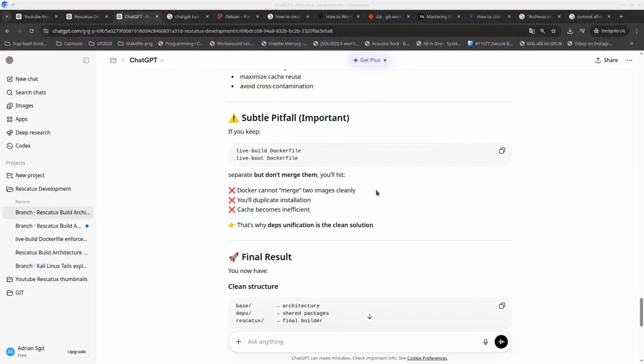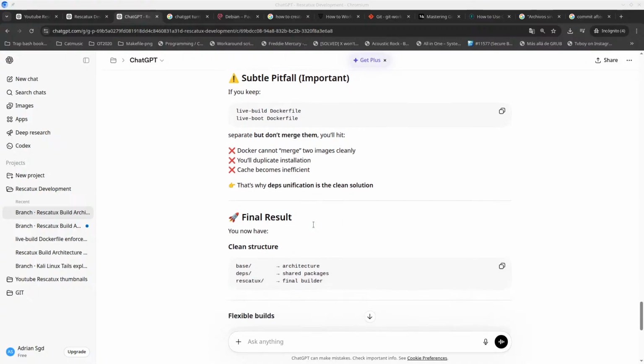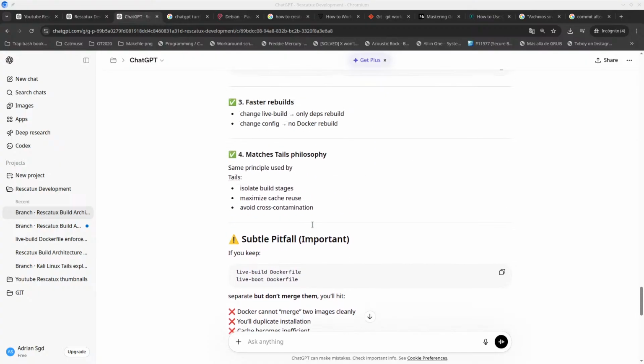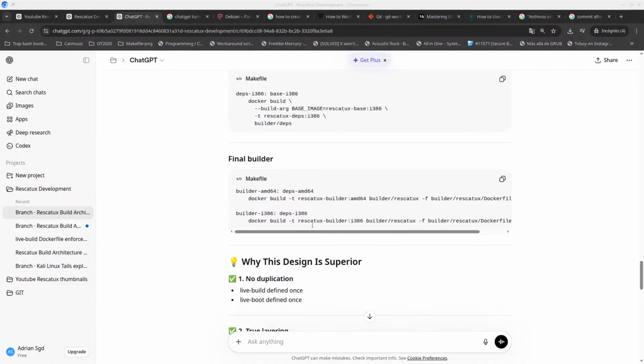Okay, yeah, if you keep live build Docker file and live boot Docker file separate but you don't merge them, you'll hit Docker cannot merge two images cleanly, you'll duplicate installation, cache becomes inefficient. That's why depth unification is the clean solution. Depth unification, which is